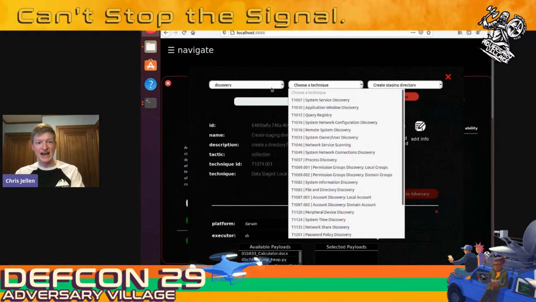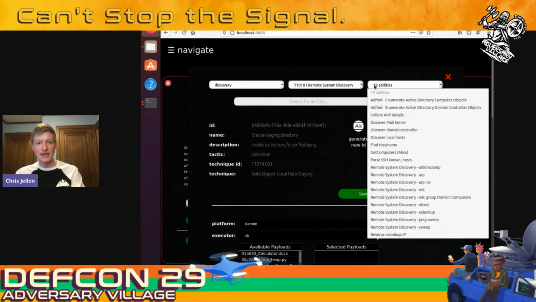Under that discovery tactic, we can find specific techniques that are enumerated here. Maybe once we've found the relevant files and got everything exfilled, we just want to try to find remote system discovery. We can find specific abilities that are under that tactic and technique